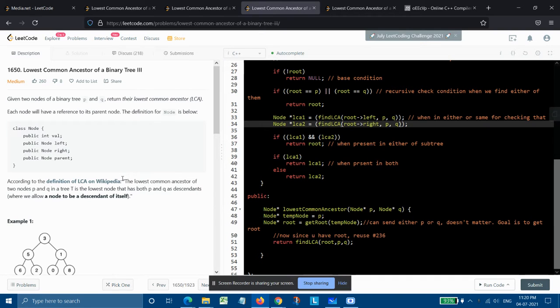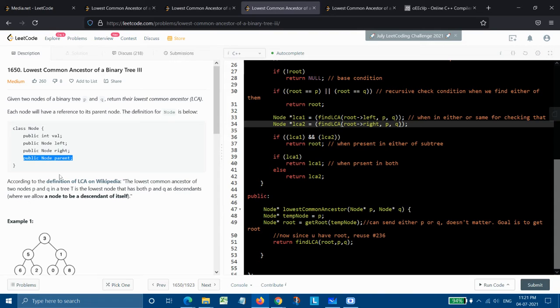But then the thing that comes to mind is how we will solve the question if we are not given the root value. But still there is a way, because if the root is not given to us, then surely there would be a parent already given to us. So by this, we could get the root value of our whole tree. It's pretty simple, we will do it just like the way we were doing before.